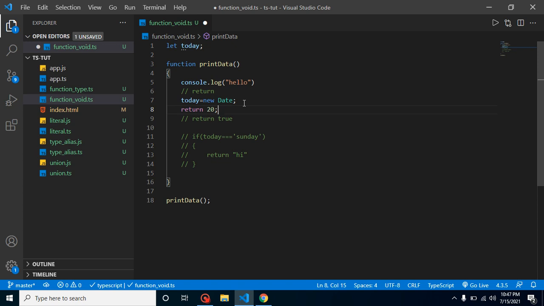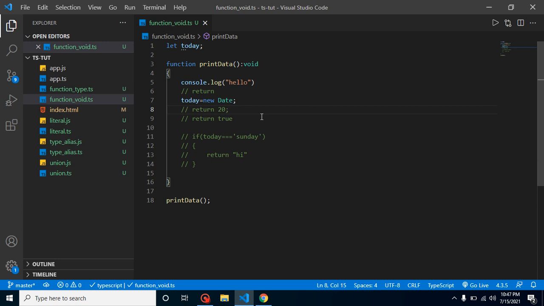That would be an inappropriate value, so we can define the function as void. And if some other developer tries to return something, they will get an error: this function is void and we should not return something. So this is a use of the void type. You can say that this is also a type. If you still have any query, you can ask me in the comment box.